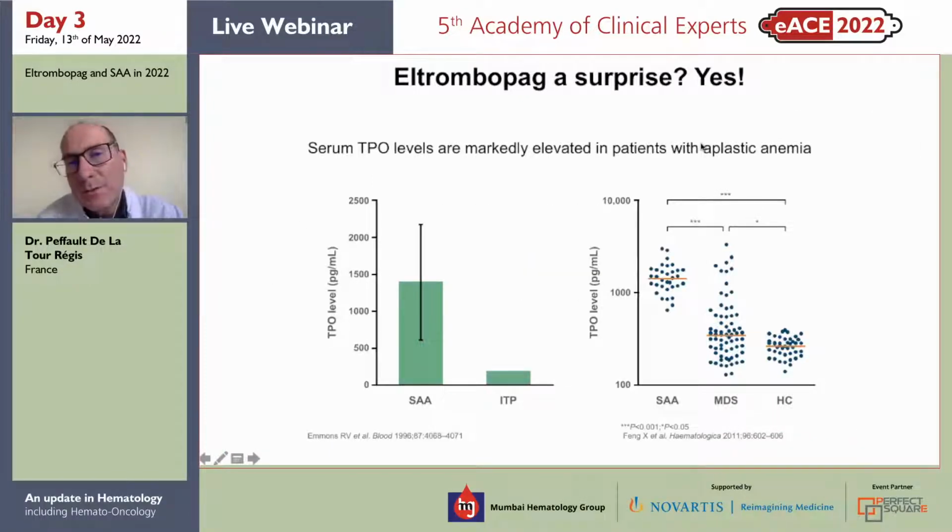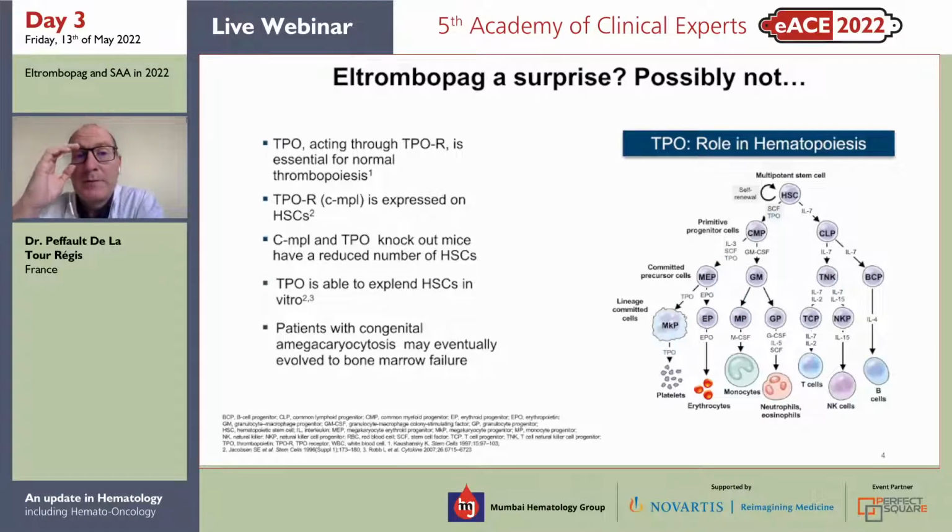Well, basically what we have to keep in mind is that eltrombopag in aplastic anemia was really not a drug that we would like to use, since the thrombopoietin level in our patients was very high. As you can see here, some studies done by NIH showed that the thrombopoietin levels were even higher than MDS and LC controls. However, coming from the bench, we have some clues to think that eltrombopag would have been